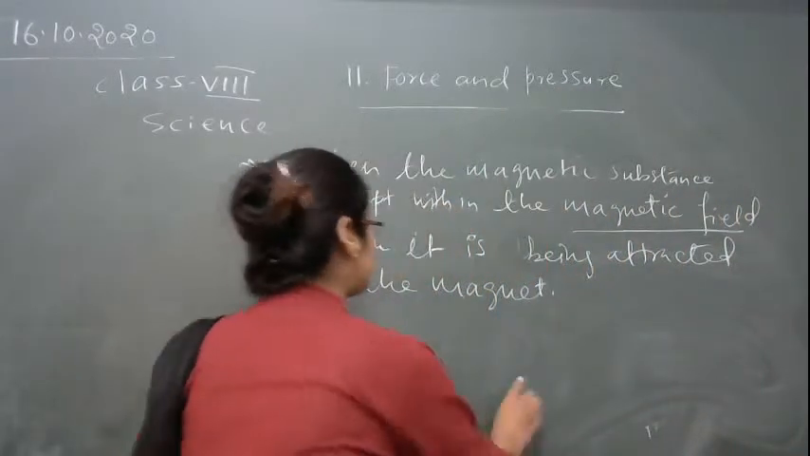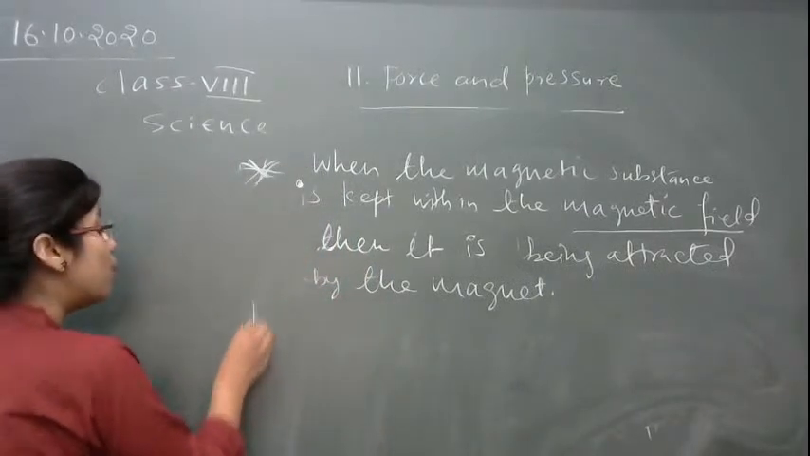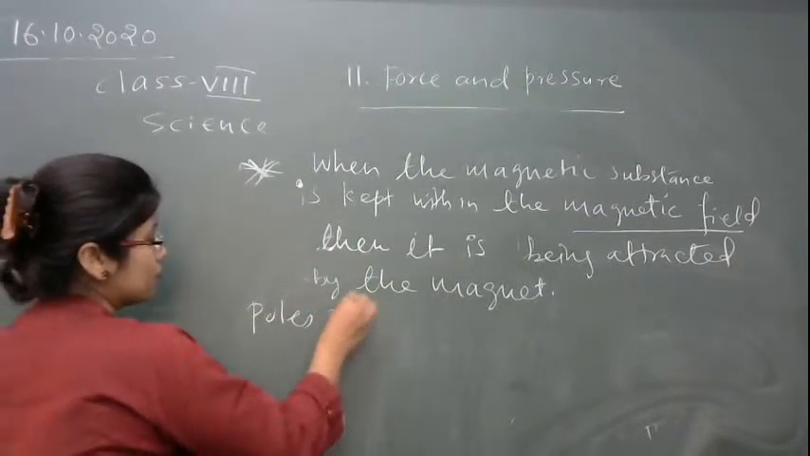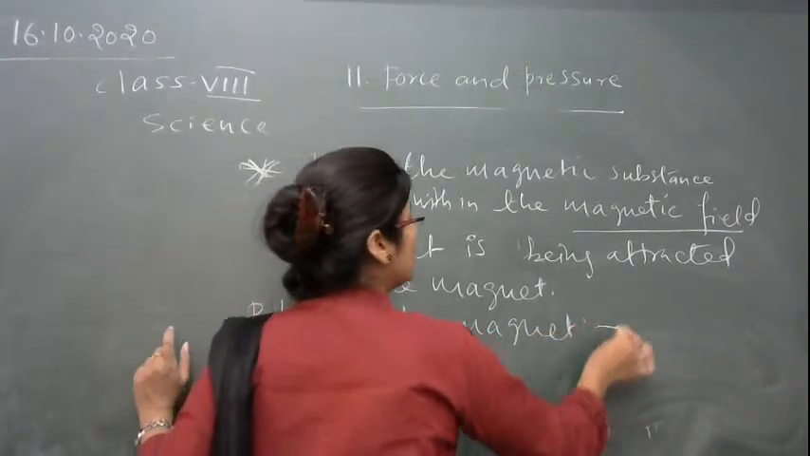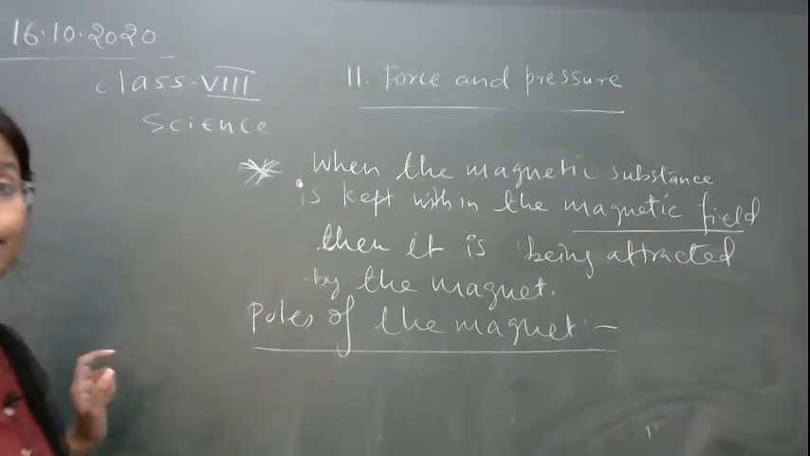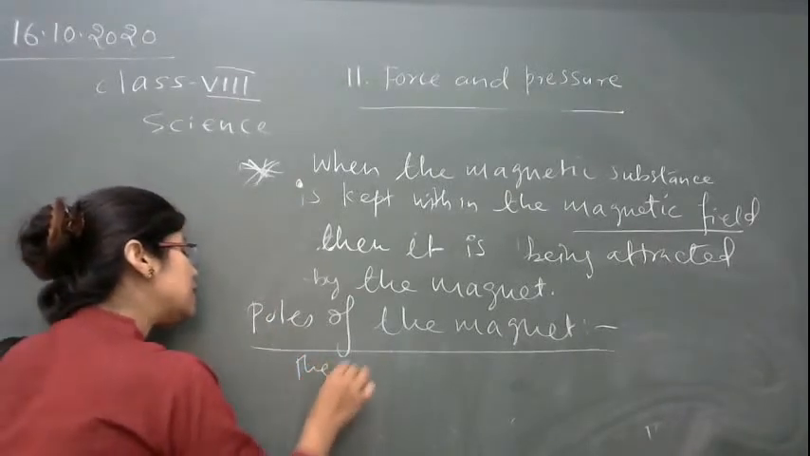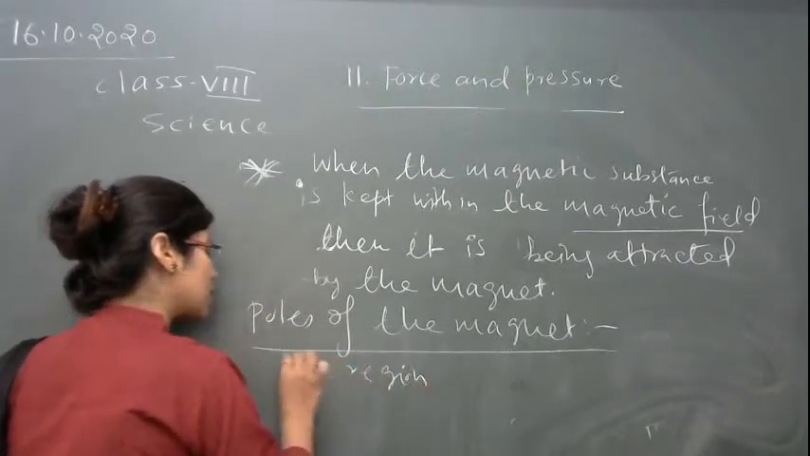So here the next part is regarding the poles of the magnet. Poles of the magnet means the region where the strength of